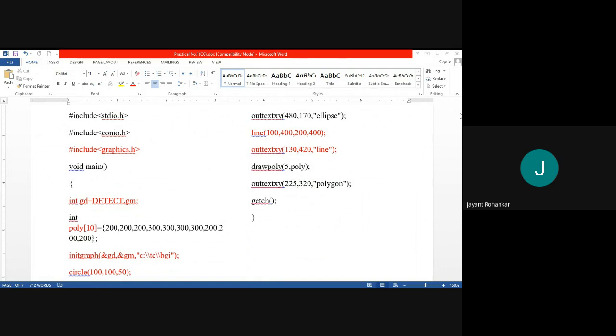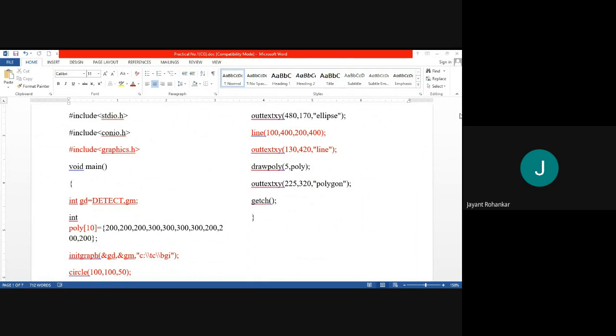Then integer poly 10, an array of 10 values: 200, 200, 200, 300, 300, 300, 300, 200, 200, 200.